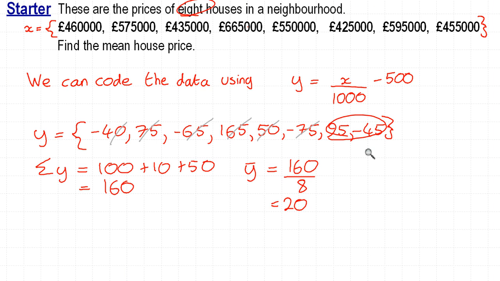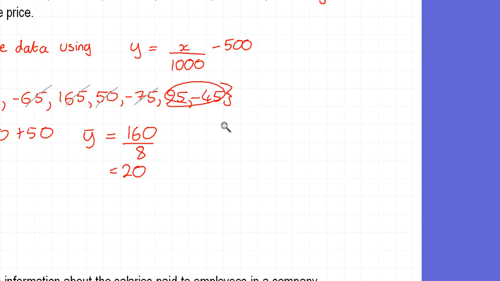Now we need to decode. So if we look at how we coded the data, we divided everything by 1000 and then subtracted 500. Now think what effect that will have on the mean. If everything's got 1000 times smaller, you'd expect the mean to get 1000 times smaller. And if you subtract 500 off everything, you'd expect the mean to go down by 500 as well. So we need to undo that. And if you do opposite operations,